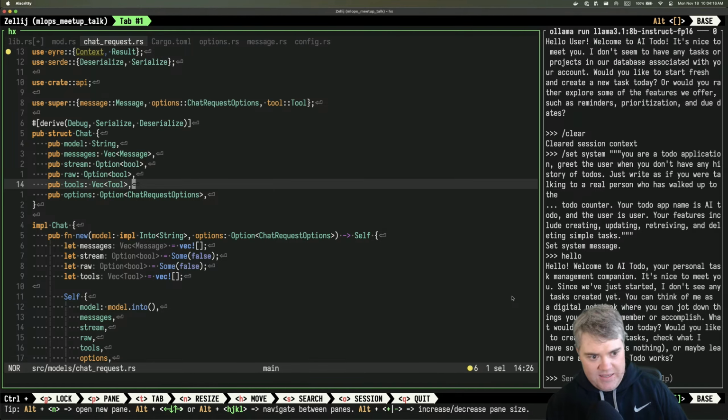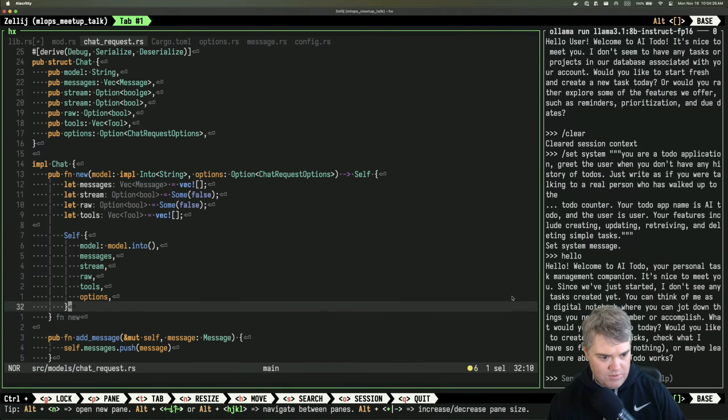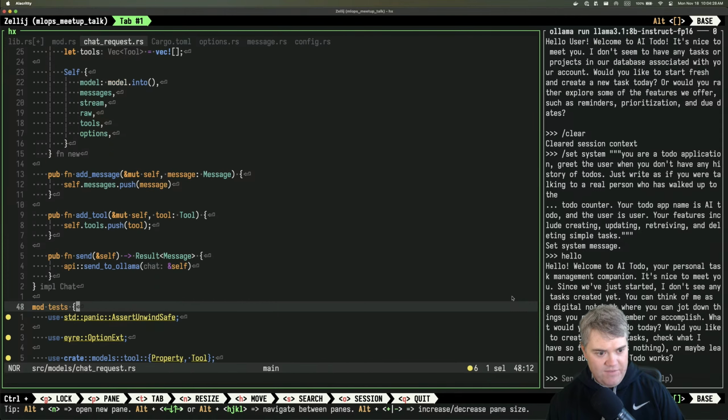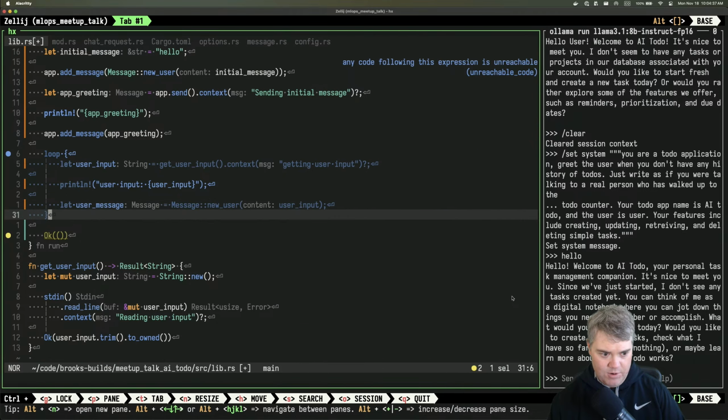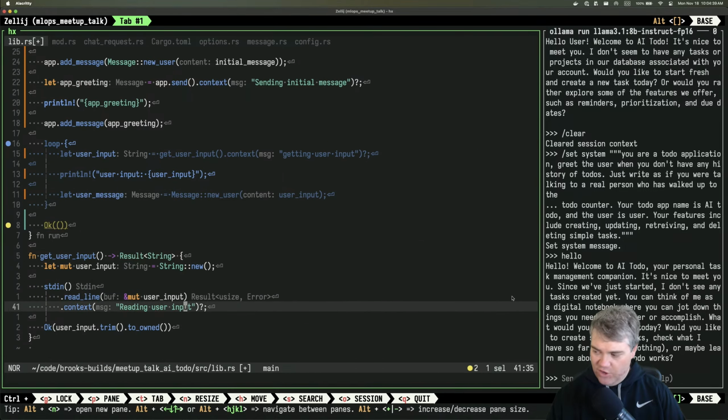Yeah, okay, so we have a vec of tools. Meaning I probably want to have, oh yeah, add tools, so that I can start adding tools that are appropriate here. And then we have to go back and forth between,